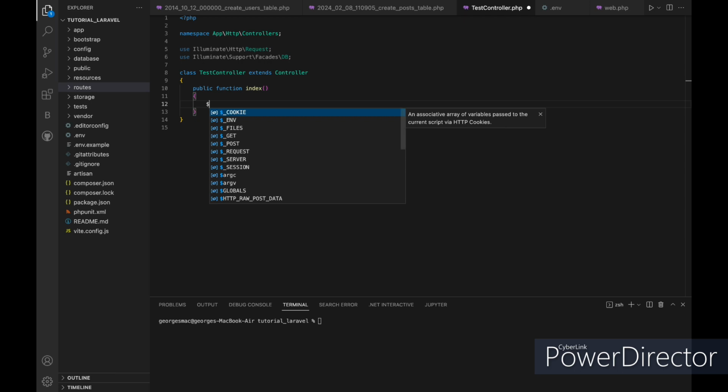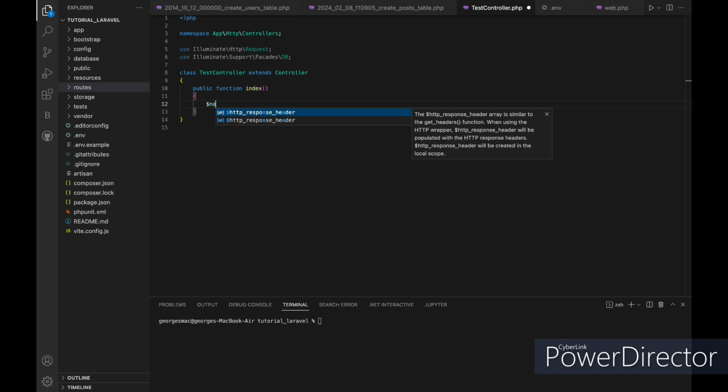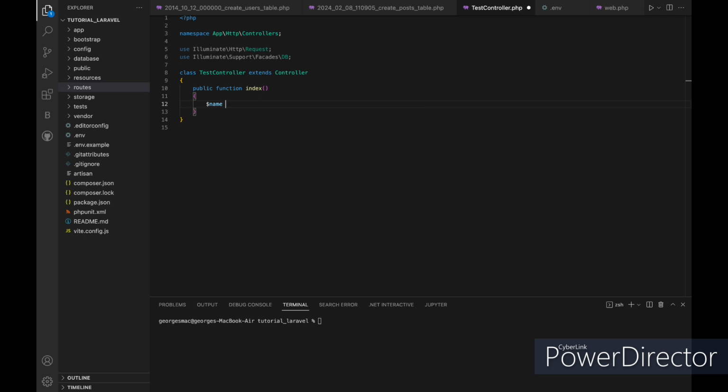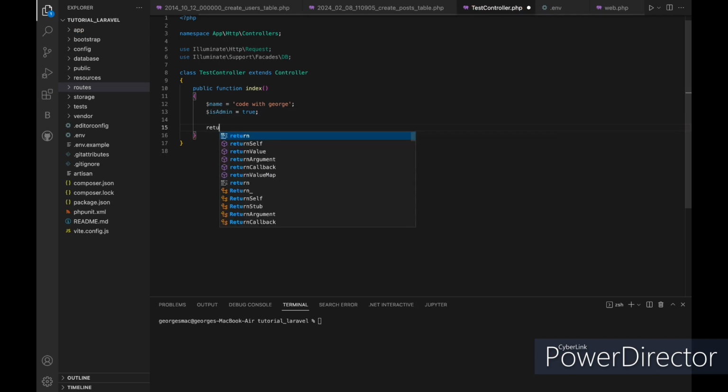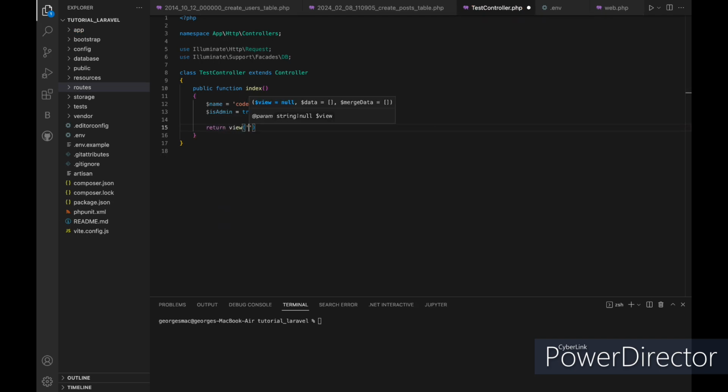Imagine you're a messenger carrying a special package from the controller to the Blade view. This package contains all the data you want to display on your web page. And compact is like your magical bag that neatly packs everything up for you. Here's how it works. In the controller, let's say you have some data you want to pass to a Blade view. You can create an associative array with your data and then use the compact function to compact it into